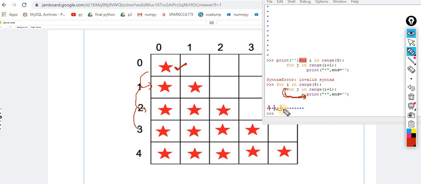Now it is again printing 4 stars. 1, 2, 3, 4. Perfect. After printing these 4 stars, that means the printing task is taken care of by this loop, and after printing these stars, the next stars are printed on the next line. So this is the way. Now can you tell me what I have to do in this case?